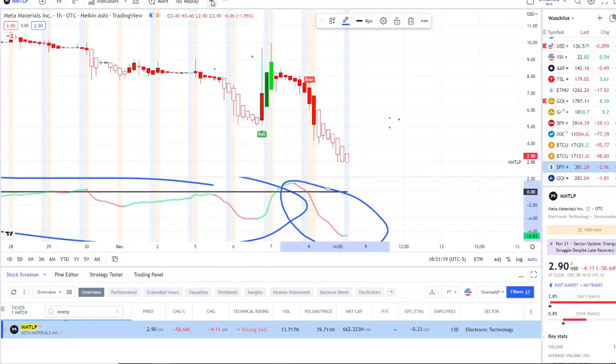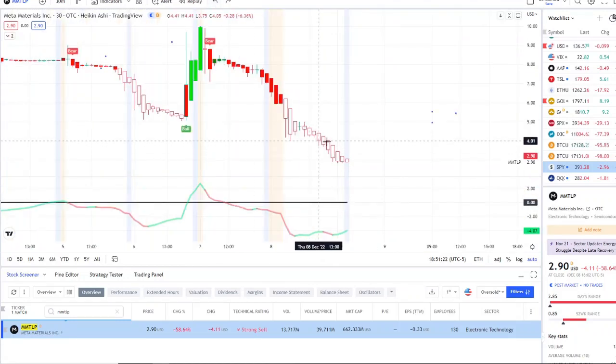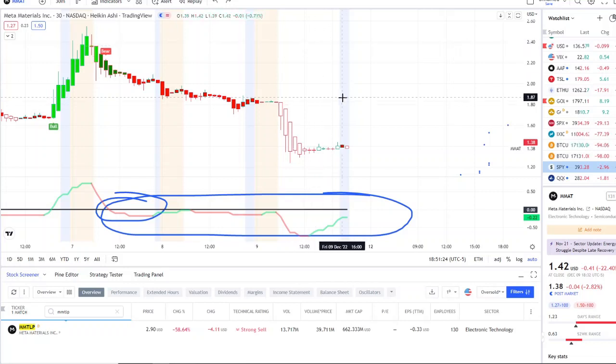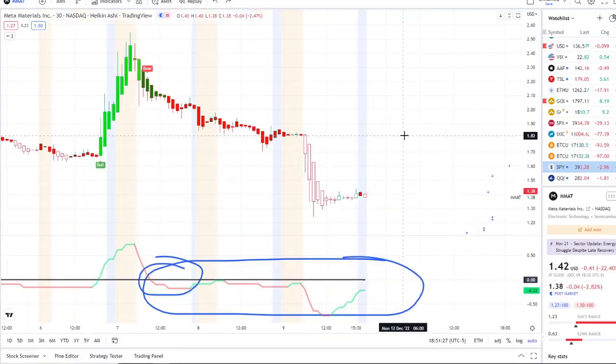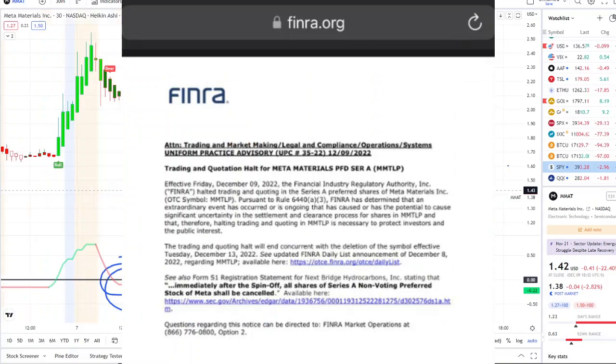So here we are with MMTLP in a halt, and also the one amount of possibility, right, of forcing those shorts to cover is out of the picture now as the stock is halted. Now, some, again, are speculating that it could unhalt. We shall see, but that is just an opinion. That is not financial advice, and that is just a perspective. Nothing is guaranteed from here to 12/13. It was supposed to go ahead and get deleted immediately on 12/13 and stay trading, but they just halted it today, as you see it there again on the FINRA website coming out with these documents.